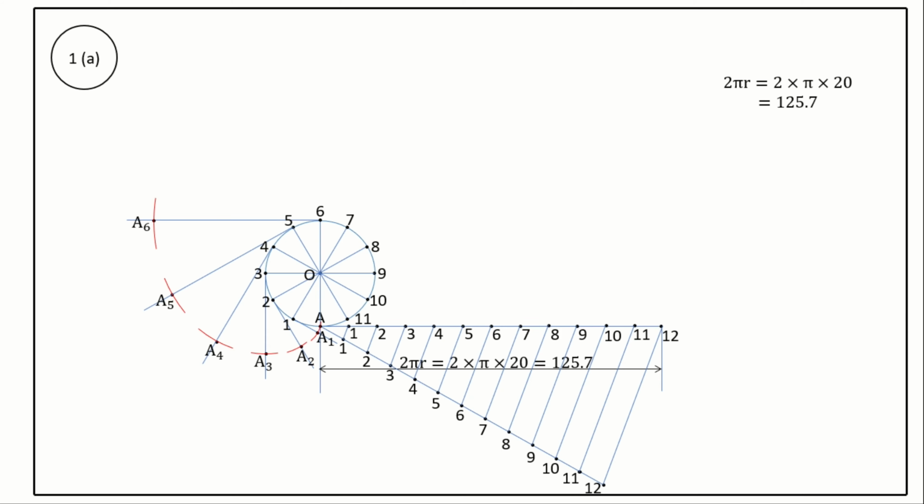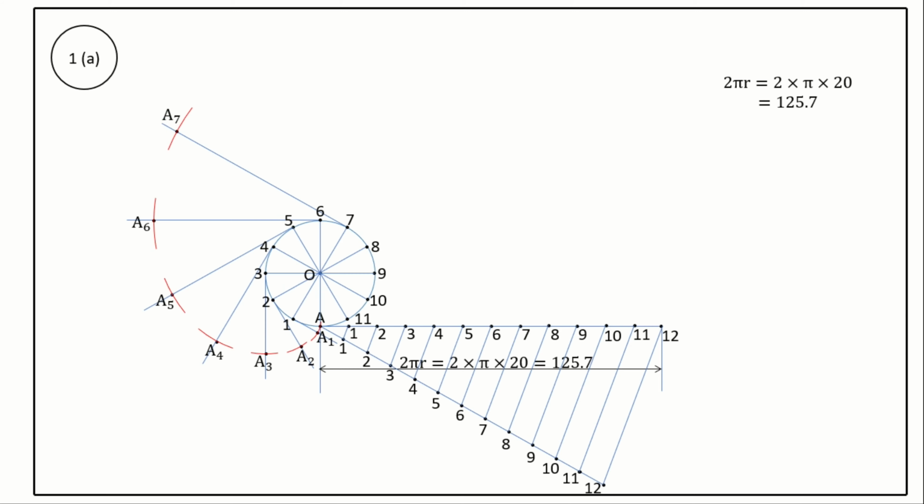Similarly, from the point 7 on the circumference of a circle, draw a perpendicular line to radial line O7. Take a protractor and draw a perpendicular line to O7 from the point 7. This line is tangent to the point 7. Take a compass, measure the length A7 on the horizontal line with center point 7 and radius of length A7. Cut an arc on the line tangent to the point 7. Mark the point as A7.